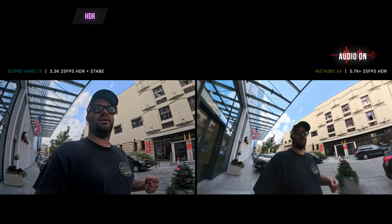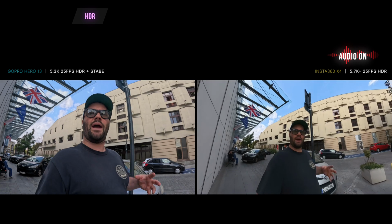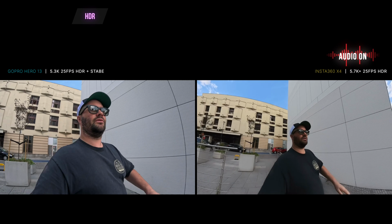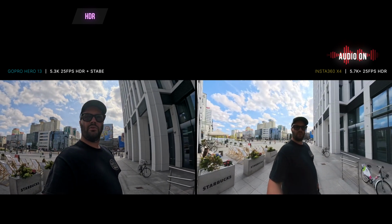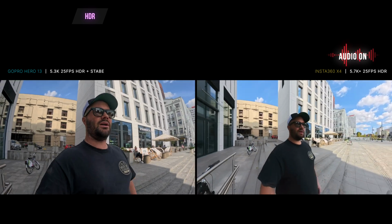Basically, the highlights are going to be a little bit more controlled, and the darks are not going to be so dark, so it's best used when you're out in the sunlight, like I will be here. So for example, if I go down these steps next to Starbucks and I spin around, you're going to see the difference between the two cameras. And I think that they both do a fairly good job in HDR,